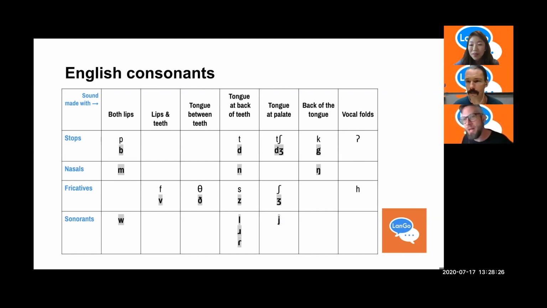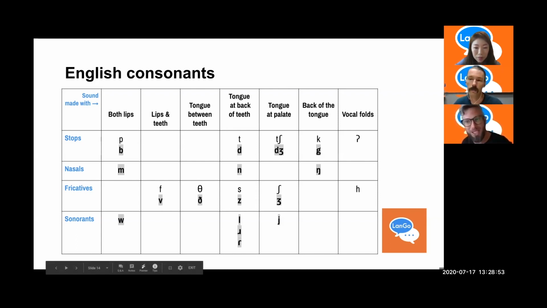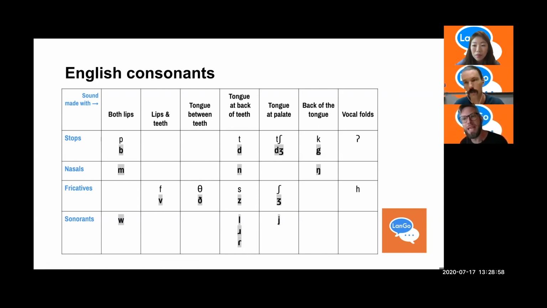we don't say it that much today, but historically English had a word thy. It was one of the second singular pronouns. Today we still say thigh for a piece of your leg. So thigh and thy have distinct meanings, but only one thing is different, and that is the voicing of the TH. It's written as a TH. If you see here, we have phonetic symbols for them that are distinct depending on whether it's voiced or voiceless. And they are phonemically distinct in English, although barely overlapping. Right? There is some overlap.